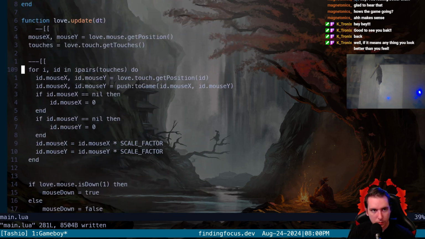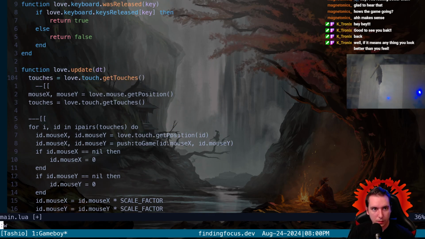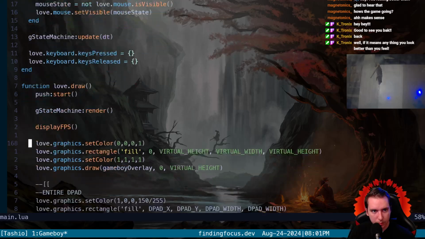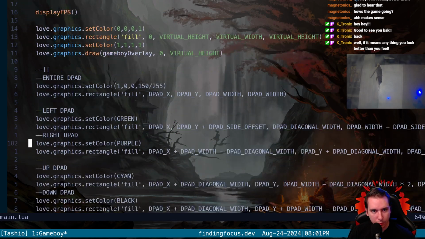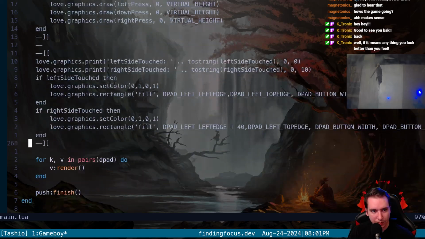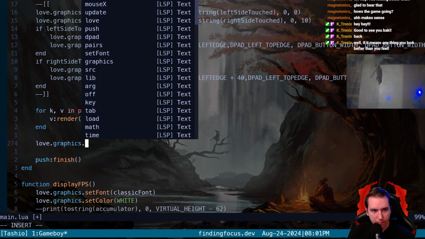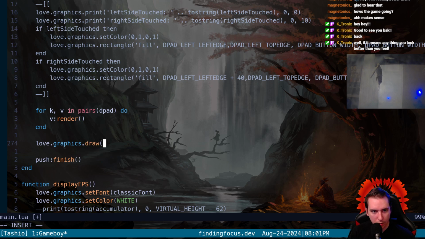So we're going to say touches gets love.touch.getTouches. So we should have a global touches variable holding all of our touches. Then when we render, let's just render literally anything and make sure nothing's hiding what we are going to put right here. We're going to say love.graphics.draw,